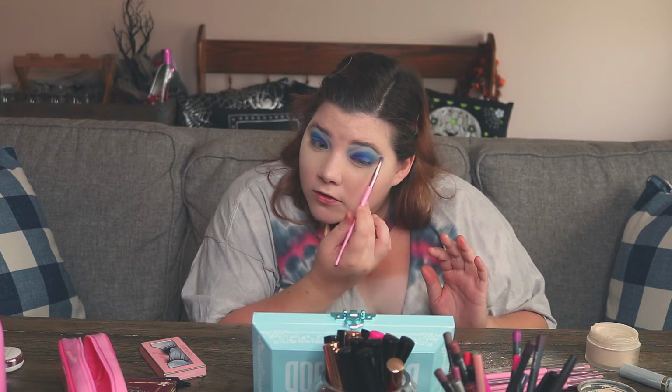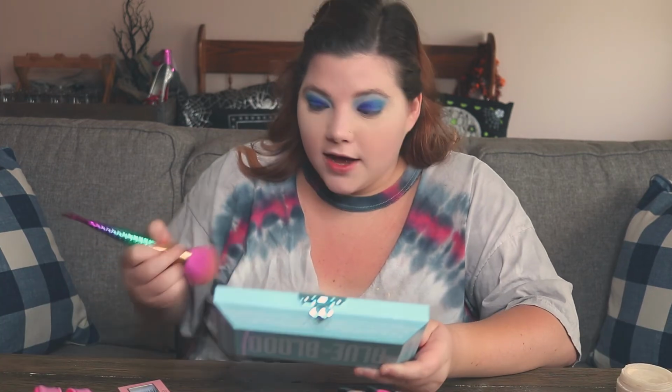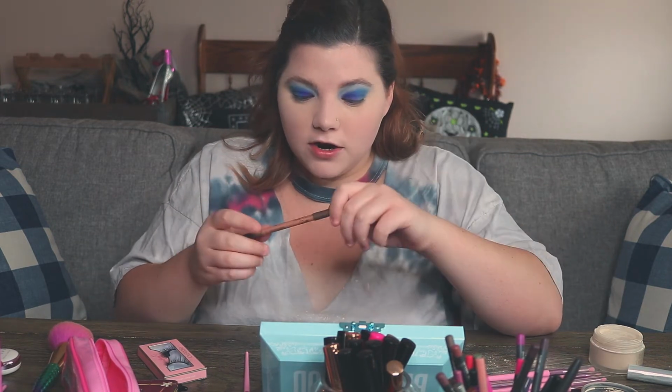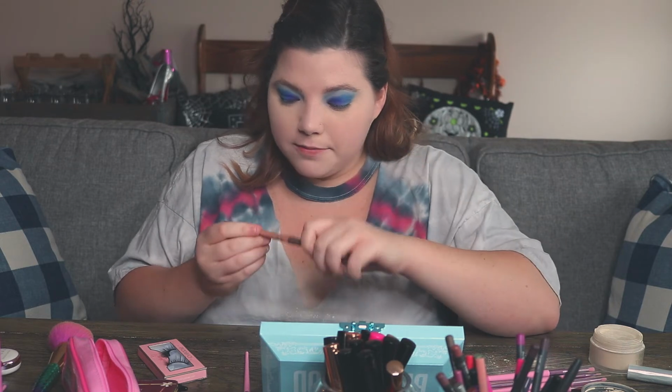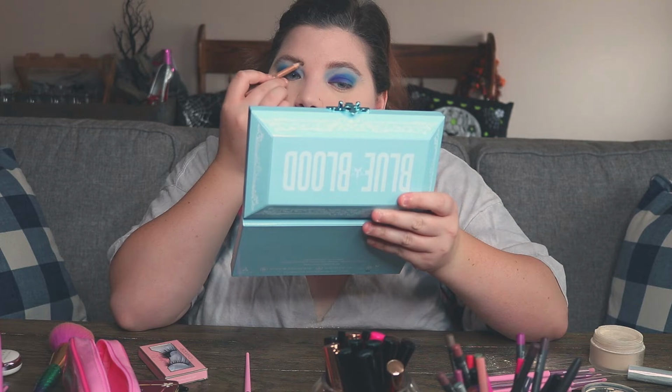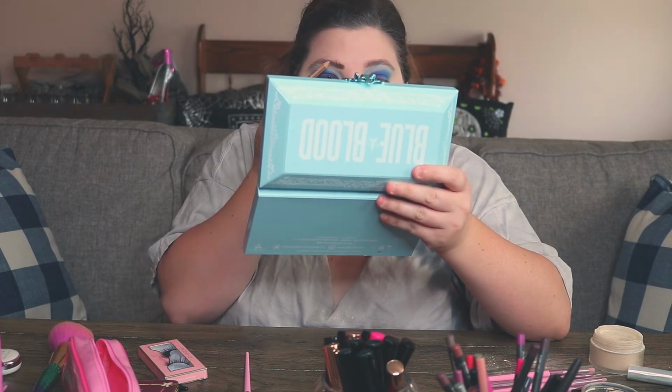Okay, so now that I'm kind of finished with the eye look, it's time to wipe off my under eye. Now that is done, I'm gonna go in with my Makeup Forever Artist Colored Pencil in the color Total Taupe, and I am going to sharpen it up a little bit because it's looking a little dull, and that's really the only thing I do with this pencil. Eyebrows are so hard to get perfect. We are gonna go ahead and go in with my